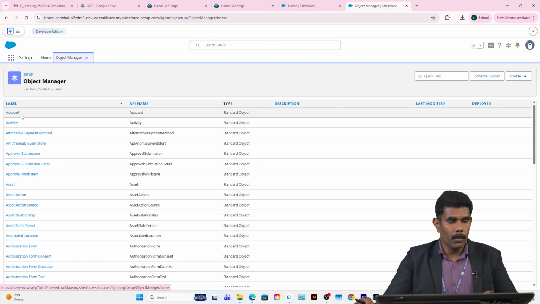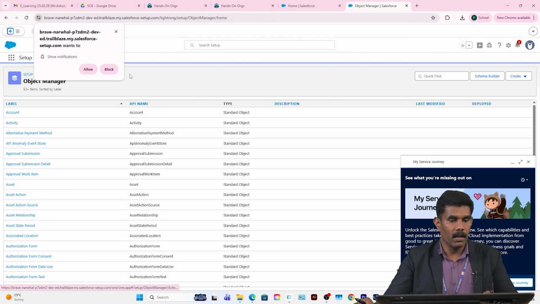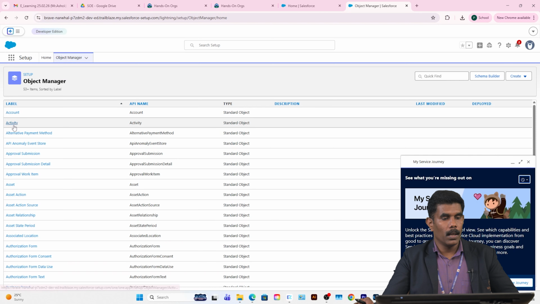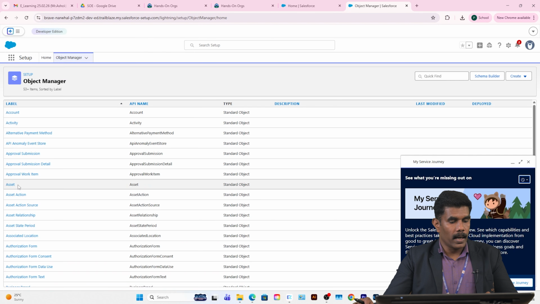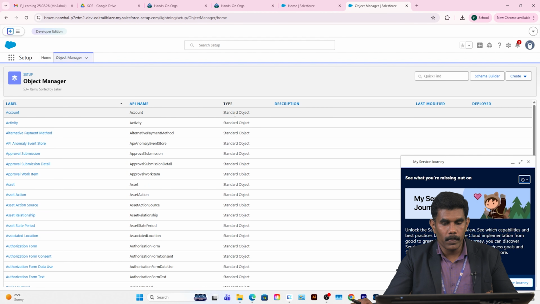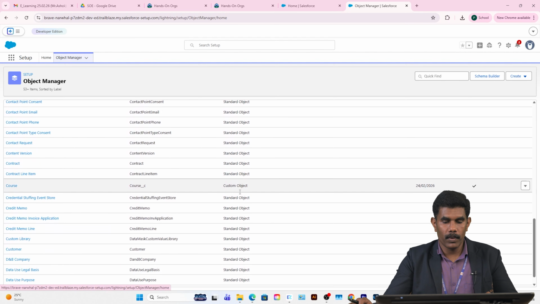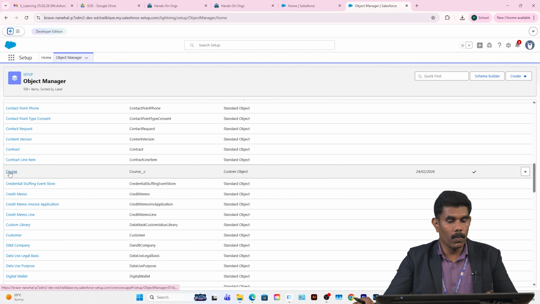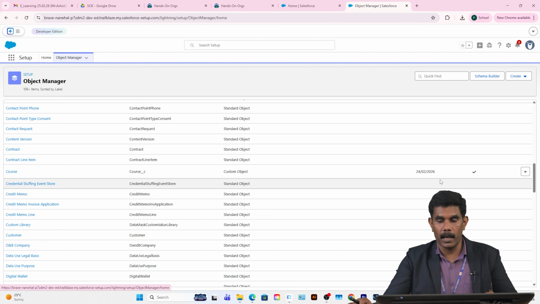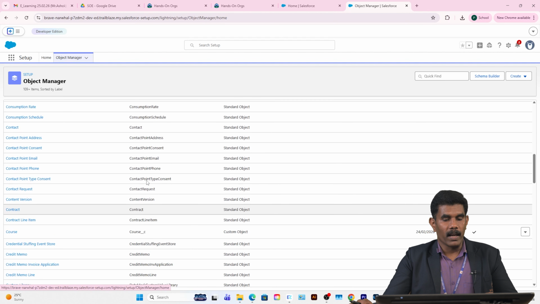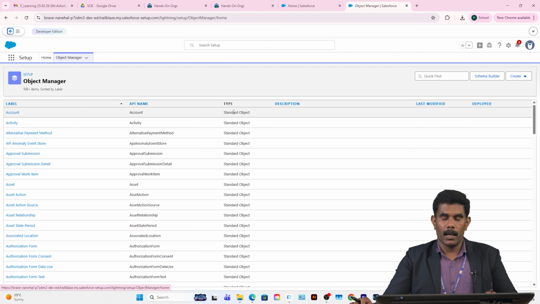See here, we have many objects: account, activity, then asset, everything is an object. Here the object type is displayed. These objects are standard objects. If you go down, there I have created Course. Course is a custom object that I created. So standard objects are the ones given by Salesforce. To create the object, click on Object Manager, and